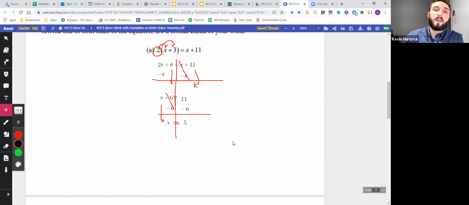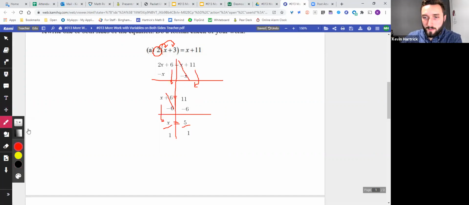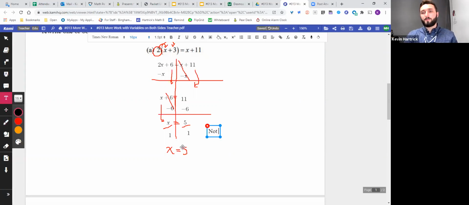Now, technically, you could do another step here. You could divide, and what you're dividing by is the number next to x. Remember, that's an invisible 1. But dividing by 1 doesn't change anything, right? 1 divided by 1 is still just 1, or 1x. 5 divided by 1 is still just 5. So you don't have to do this step, okay? This step is not necessary